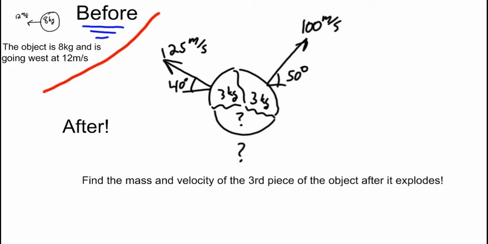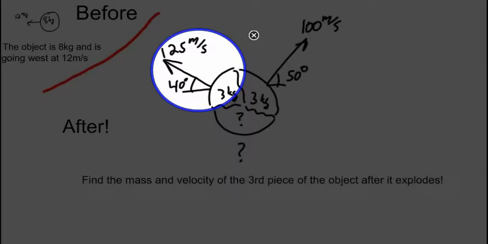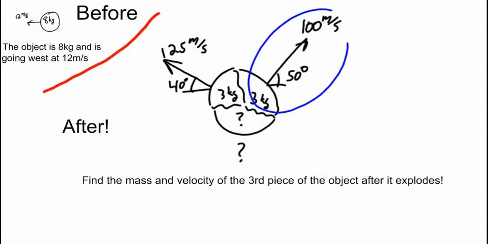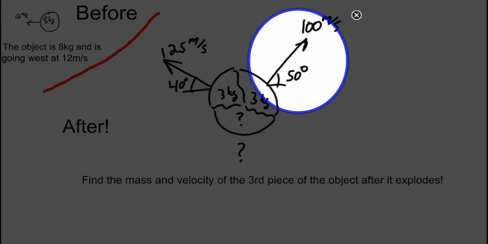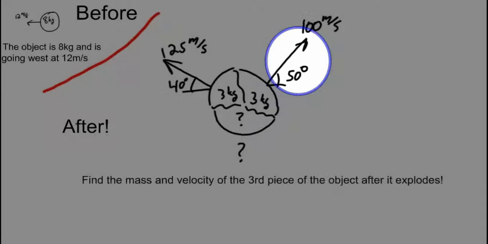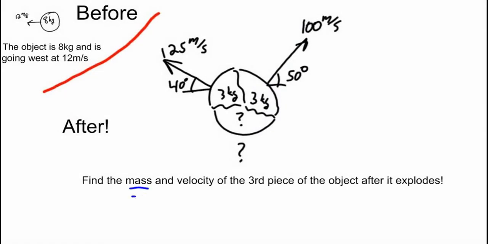So we have it moving at 12 meters per second in a west direction. It's an 8-kilogram object, and then it's going to explode into 3 pieces. One of those pieces is going northwest, 125 meters per second, and it's 40 degrees north of west. We have the other known piece, which is going 100 meters per second at 50 degrees north of east. And then the question is asking you to find the mass and the velocity of